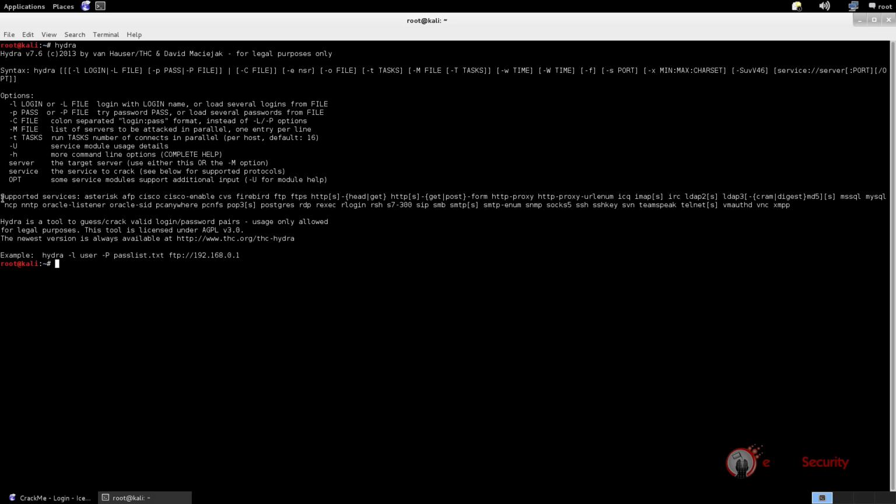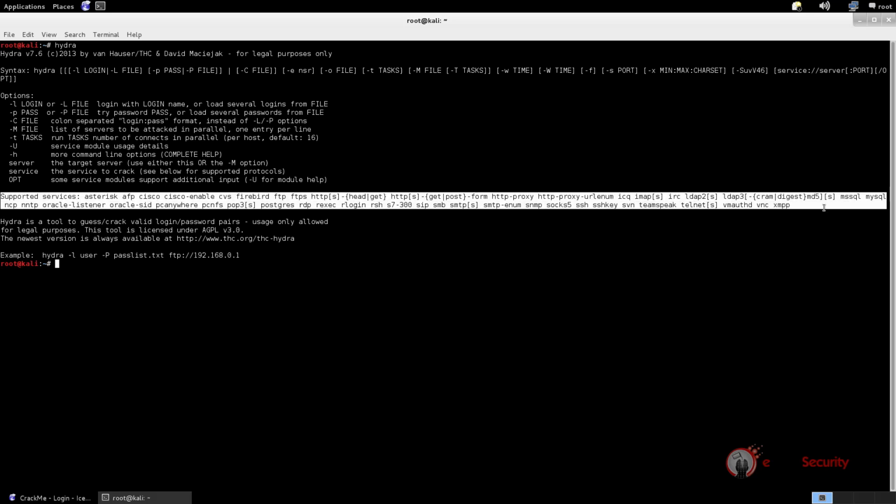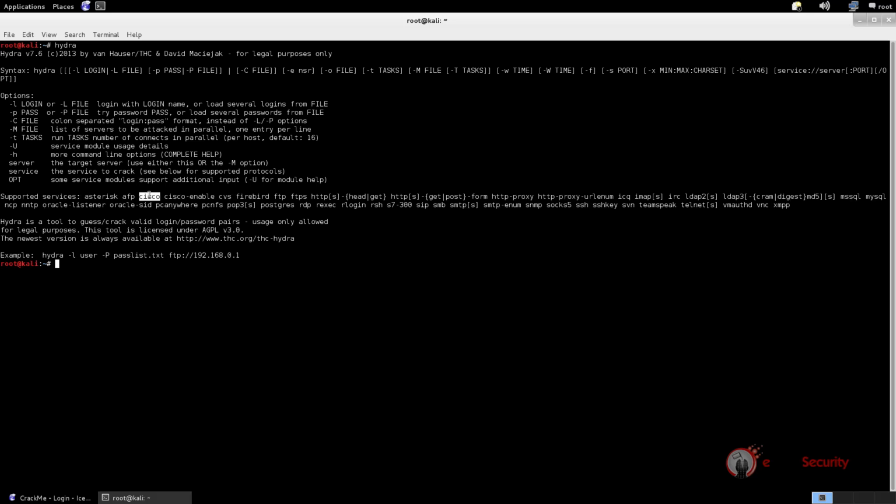In these few lines, we can see a list of services supported by the tool. As we can see, there are many services, such as Cisco Systems, FTP, FTPS, MySQL, and so on. What we are going to use for our test is the following service: http-post-form. Note that here the S is optional, in case we want to run it against HTTPS pages, and then we have to select between the GET or the POST method. Before writing our command, let's see the service module usage details. By running hydra -U http-post-form,